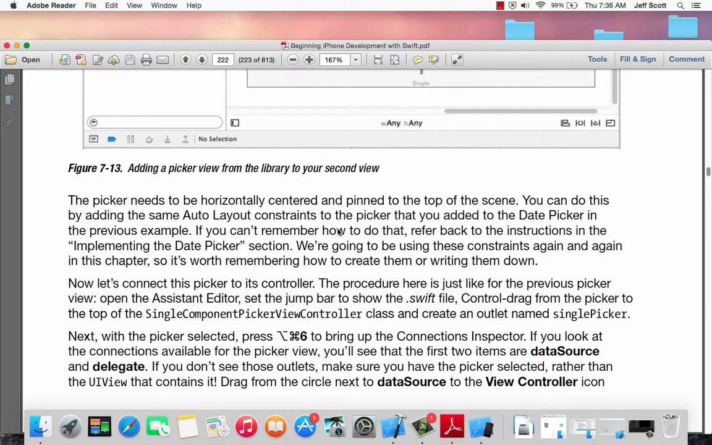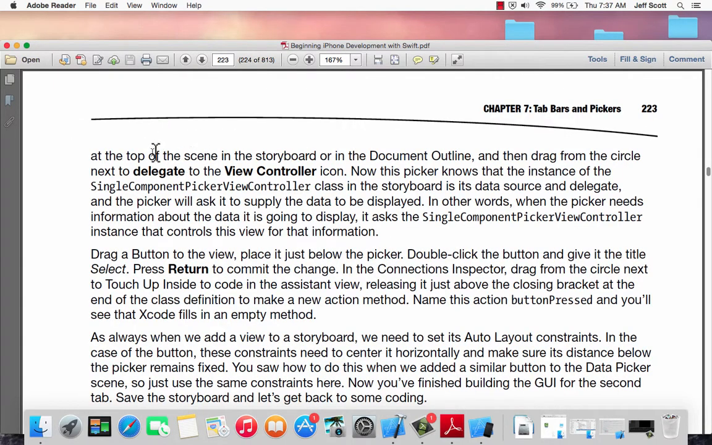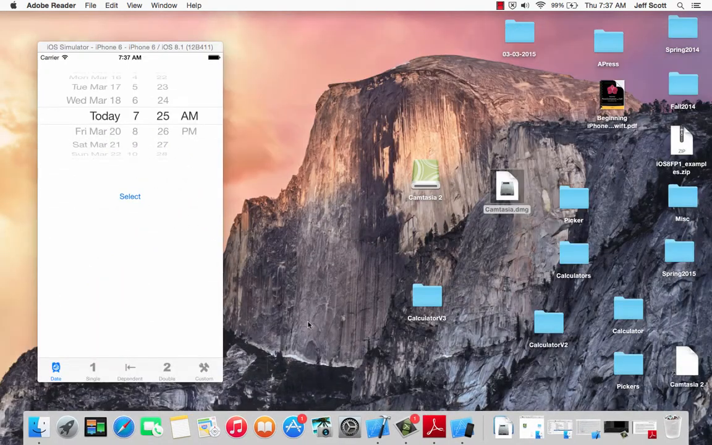I've been able to fix a lot of my errors, and I found out there was one little thing that wasn't that little that I was forgetting to do. On the bottom of page 222, the author said to bring up the connections inspector, and with the picker view highlighted, make sure you drag from data source and delegate to the top of the scene in the storyboard. In other words, what I was not doing,